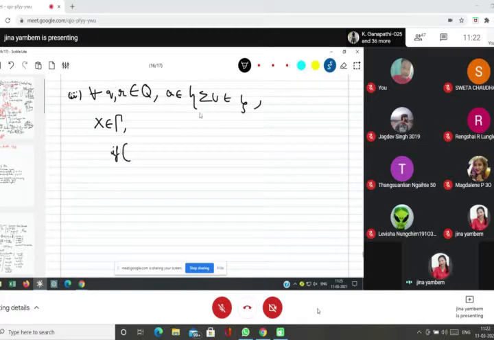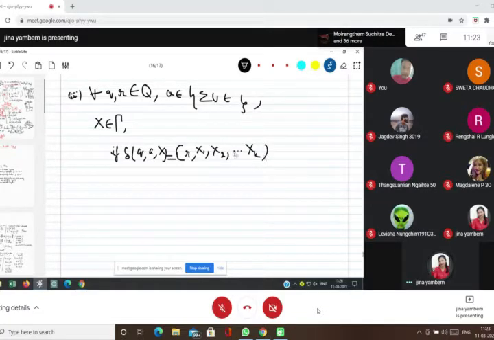If these are all transition functions, delta(q, a, X) is equal to (r, X1 X2 ... Xk), where X1 X2 ... Xk belong to this, then